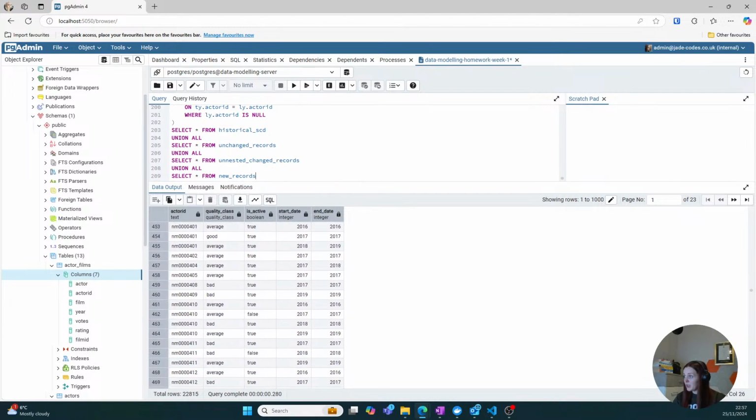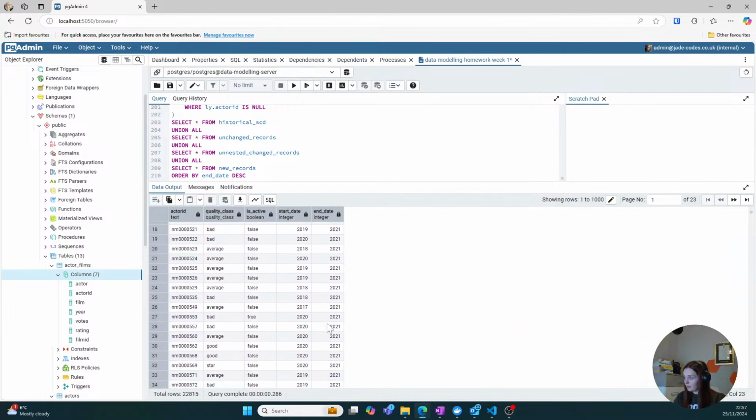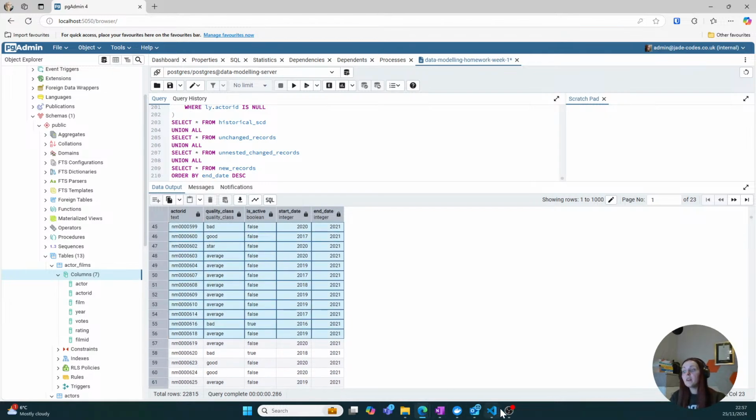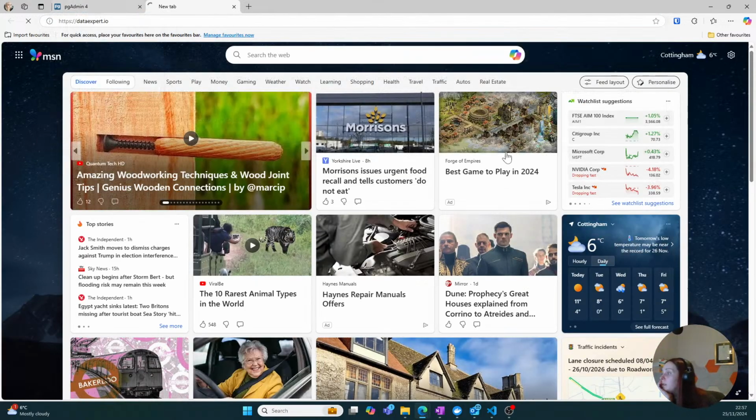I'm just going to do order. Yeah, so you can see all the new values are there. And that was everything really for the homeworks. Yeah, I felt like I really overcomplicated the first one. So if I just go to my dataexpert.io,